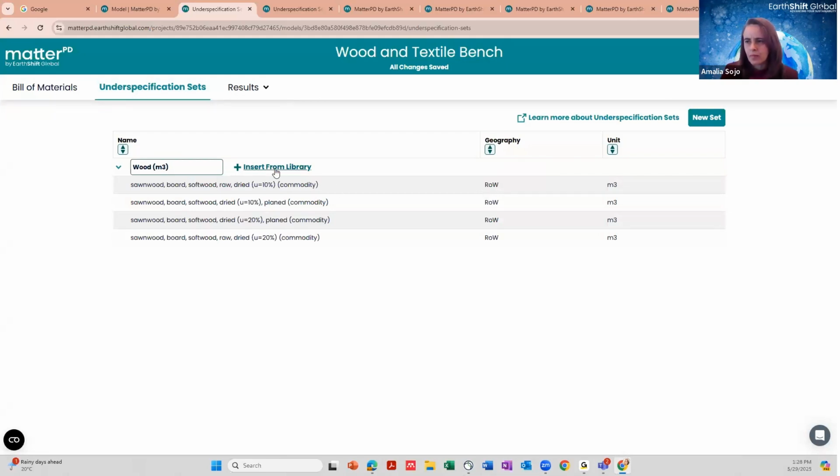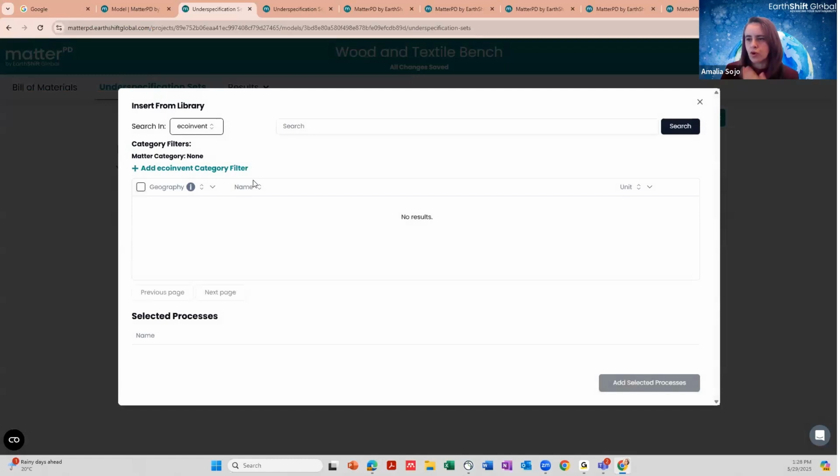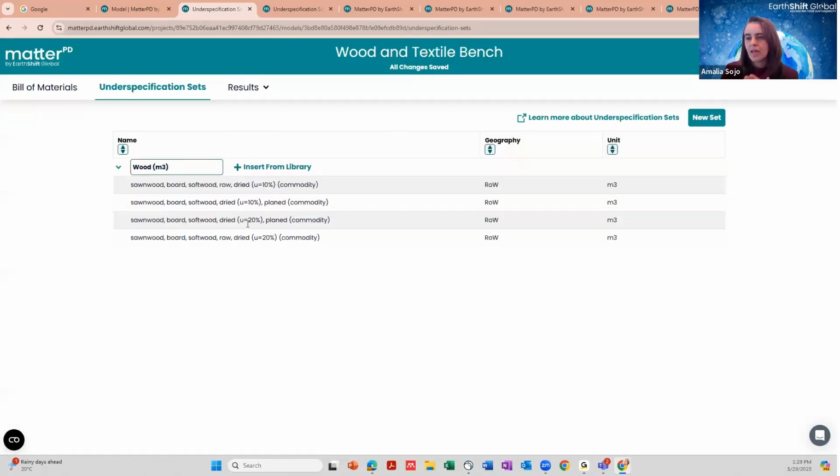And the process is exactly the same. You create a new set. In this case, it was wood, and I inserted the wood from the library. Once I had my underspecification, I need to double check that everyone that I chose has the same unit.